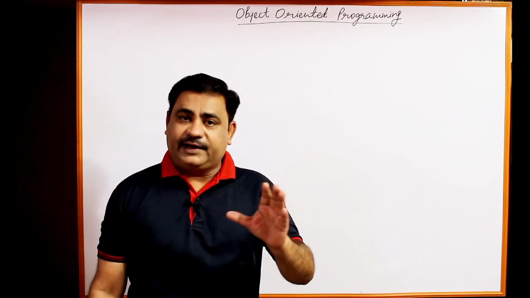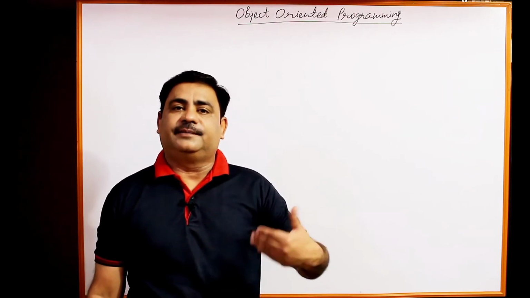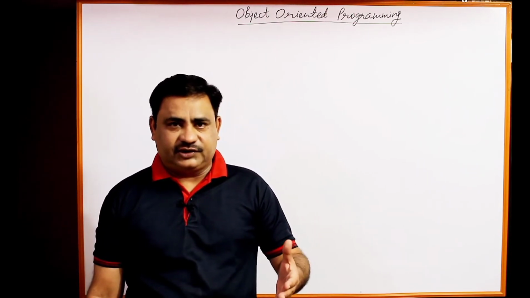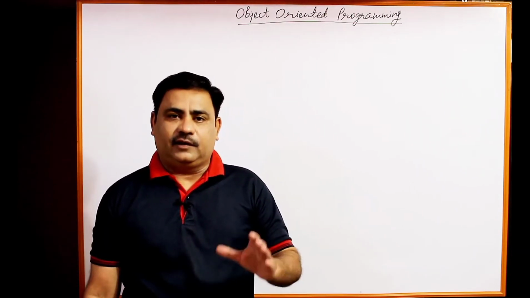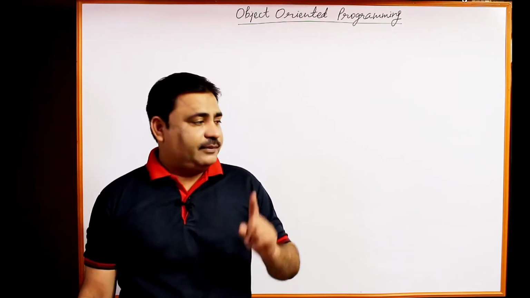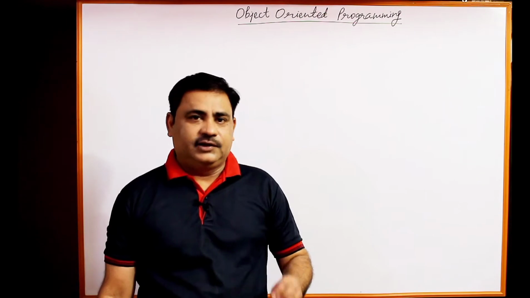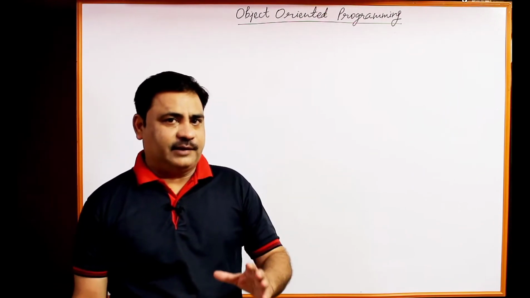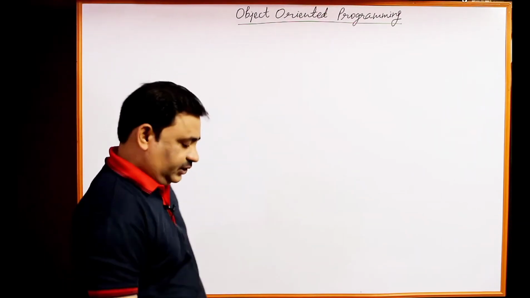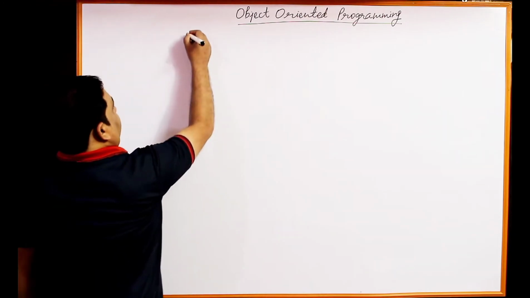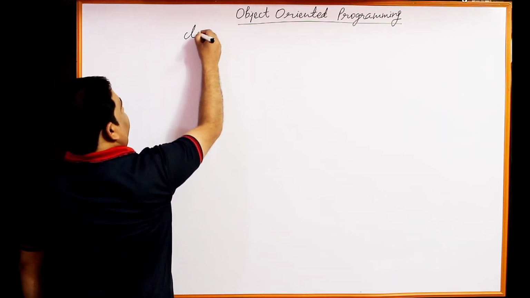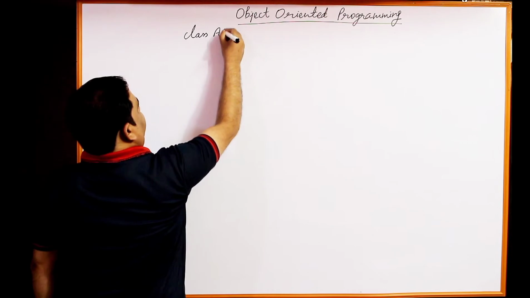So when we declare a class having some data members and functions, afterwards we can create the objects. Same thing I am going to explain to you with the help of a program. How can we create software objects in Java with the help of class? See here, one class is there, alpha.